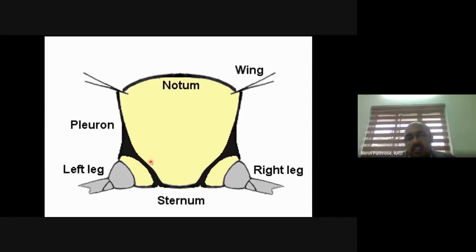So this is how a general organization of thoracic segment looks like. The dorsal region, it's the notum. The lateral, both sides, we have the pleura, and the ventral sclerite is called as the sternum. And you can see the wing over here. Wings are attached to the dorsolateral part of the thorax. This is the ventral area. This is the lateral area. The legs are attached over here. Wings are on the dorsolateral area. So these are the wings which are attached to the margins between notum and the pleura.